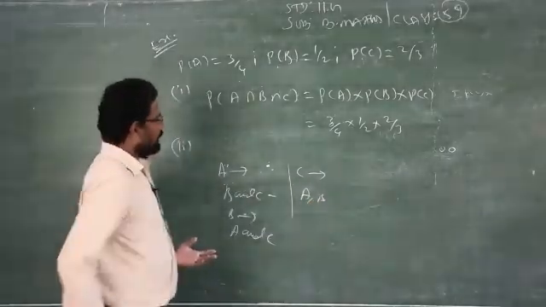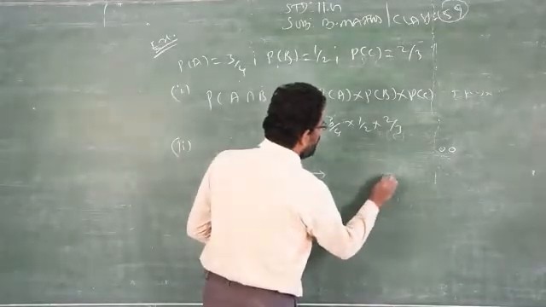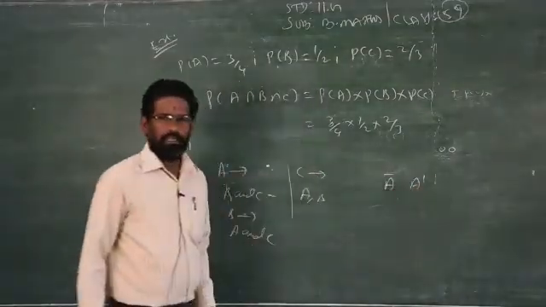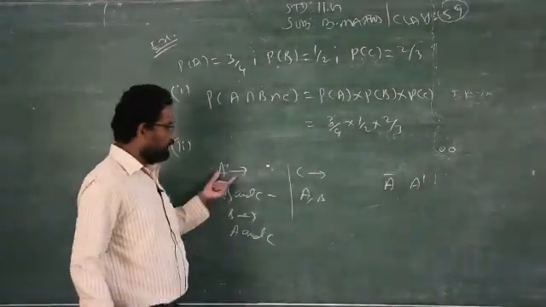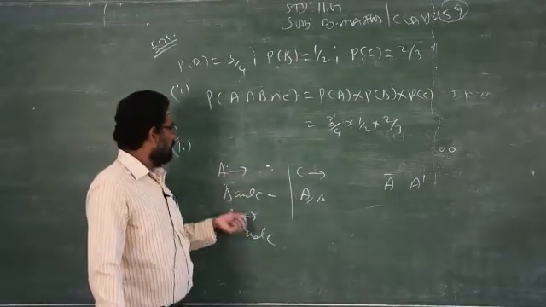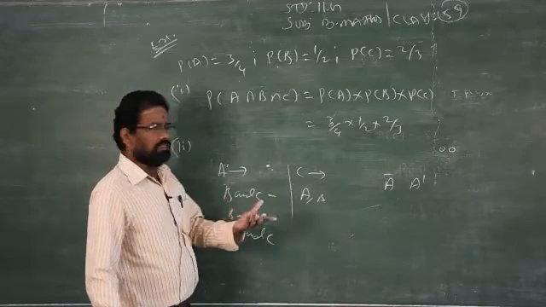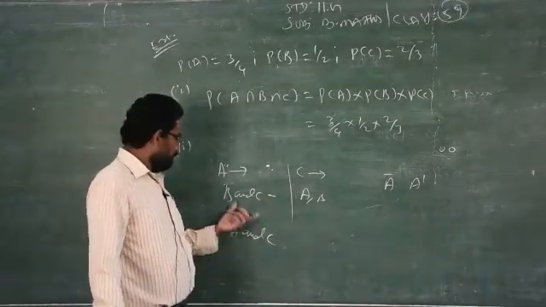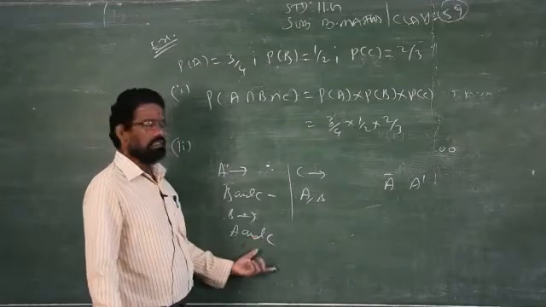So not necessary, in probability we name it as either A bar or A dash. When the person is killed by A, out of these 3, A, B and C, then B and C are not necessary. When the same person is killed by B, then A and C are not necessary.